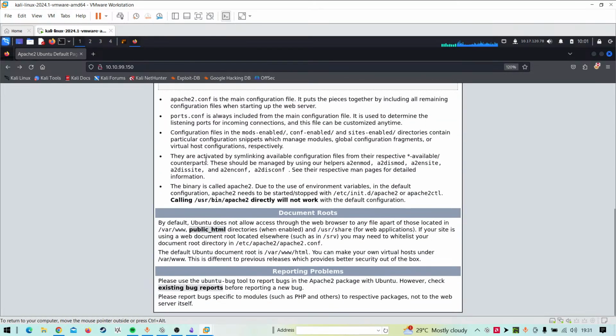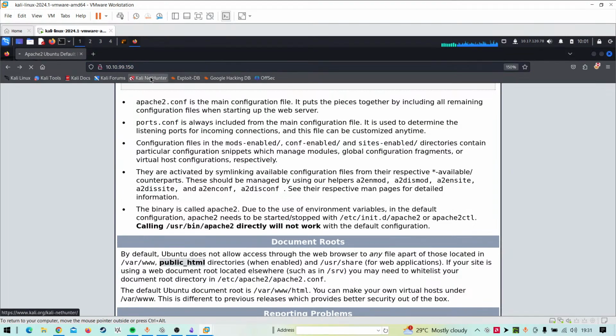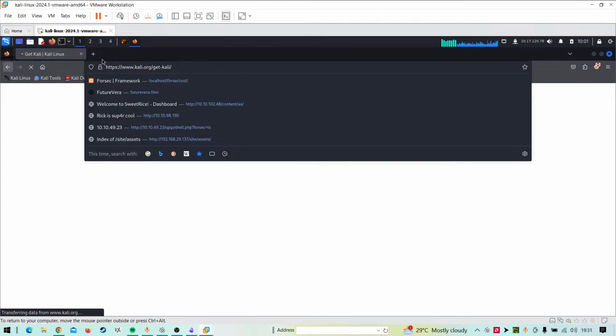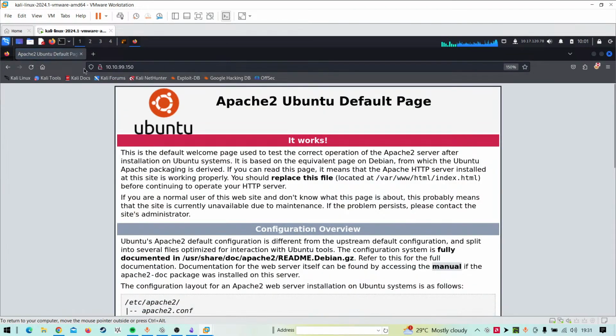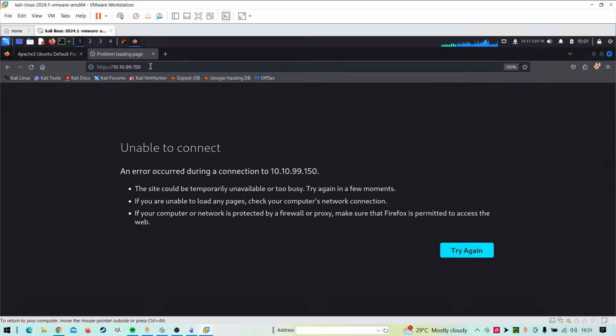So if I have this default page, the next target of mine will be fuzzing, right? I can see port 445 is also open there, and it's exactly the same. What I mean to say is, if this is open, we can paste it like 443 with https. What happened here?